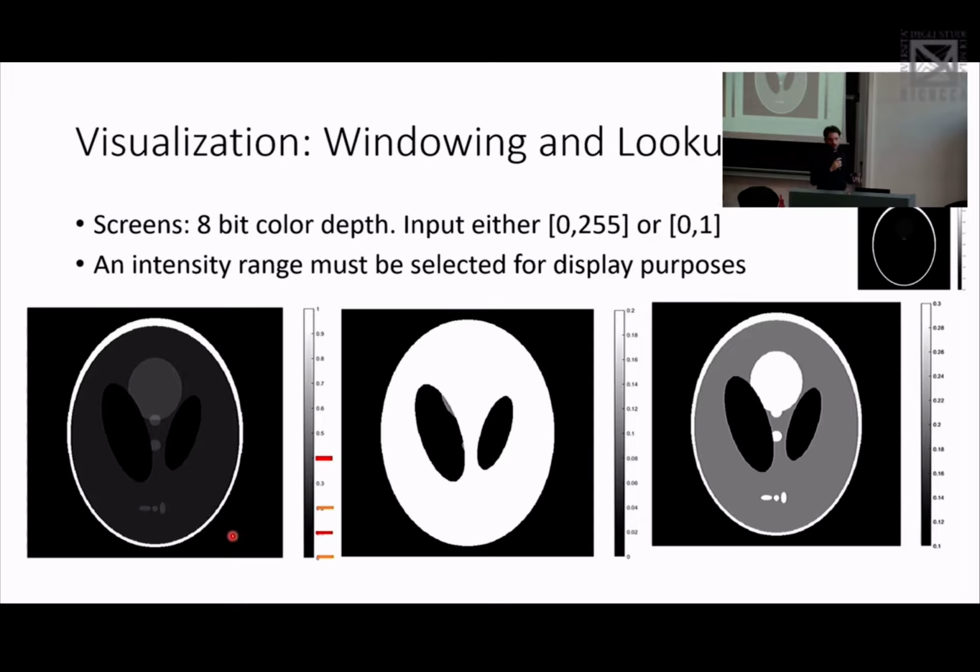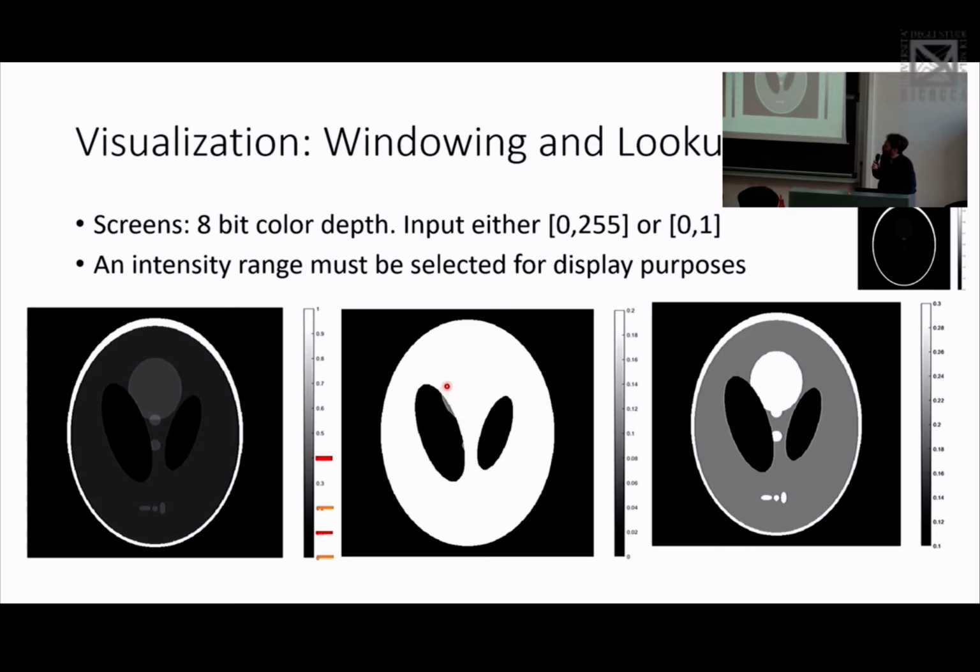And what you can do is decide to show only the intensities between 2 limits. This image is a test image that you can find in Python, and it's bounded between 0 and 1, and you say, okay, let's just take a look between 0 and 0.2, and you get this image here,